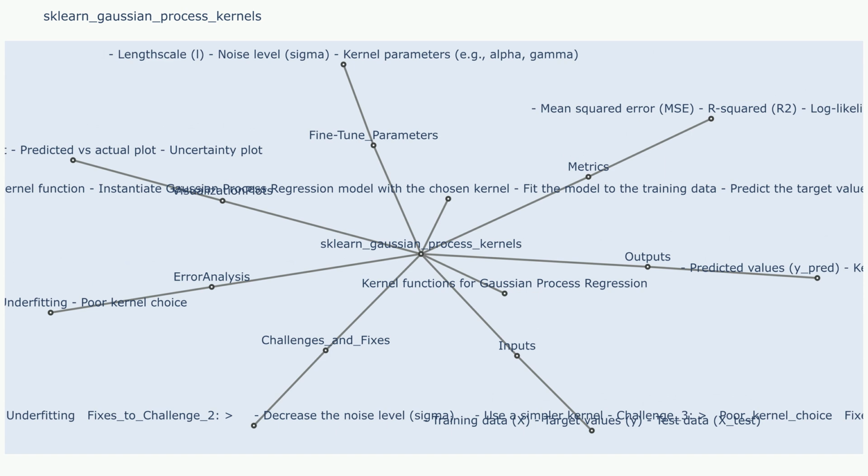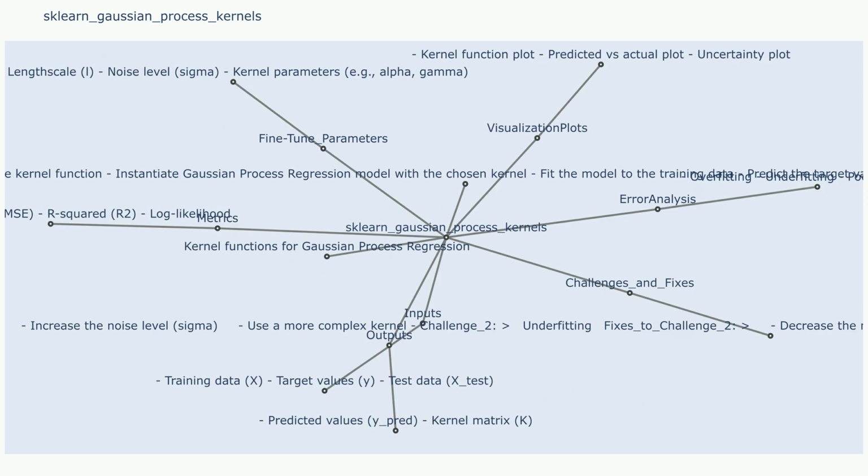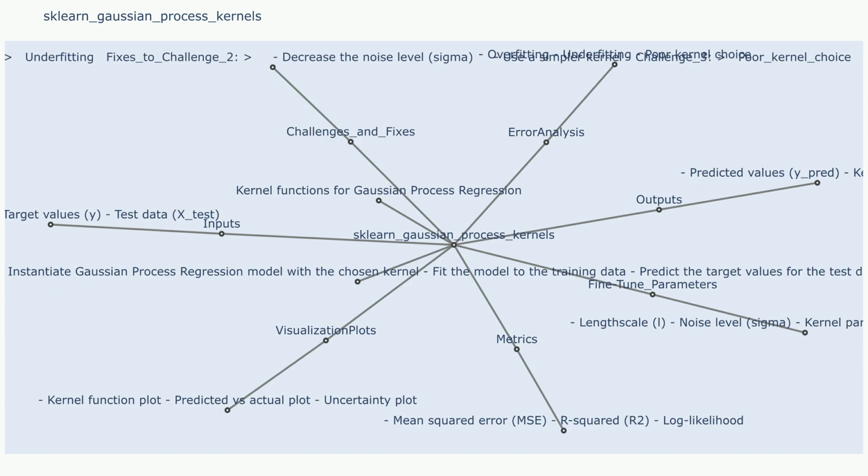Fixes to Challenge 1. Regularization. Introducing regularization techniques, like adding a noise term to the diagonal of the kernel matrix, can help prevent overfitting by penalizing complex models. Cross-validation. Using cross-validation techniques to evaluate the model's performance on unseen data can help identify and avoid overfitting. Simplify the kernel. Choosing a simpler kernel function with fewer parameters can help reduce overfitting by preventing the model